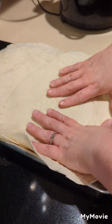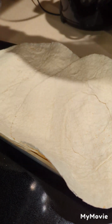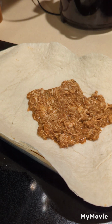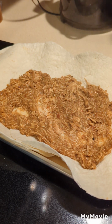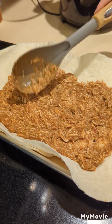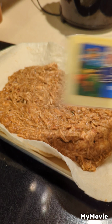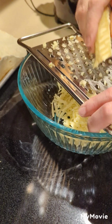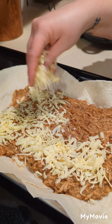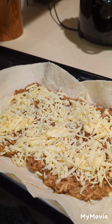Just laying out my big tortilla shells. I think they're 12-inch shells, and I only needed 2 to cover my pan, and then I'm just scooping the chicken and bean filling right onto it, and then I am going to go ahead and shred up some of the cheese. Now I am just going to top the chicken and bean mixture with a whole bunch of cheese,